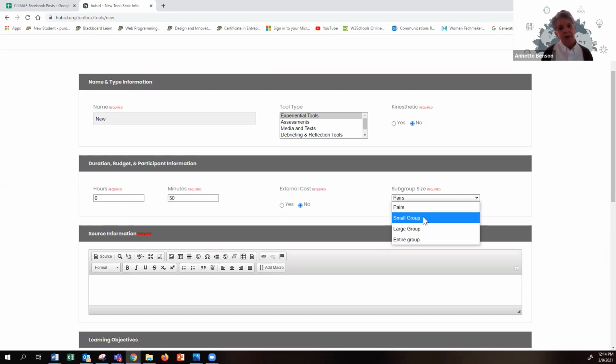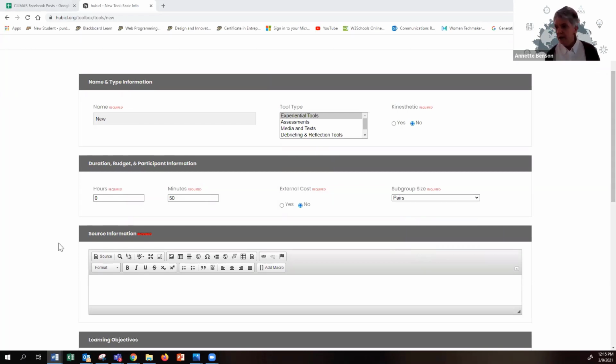A small group would be a group of 3 to 6. A large group would be 7 to 18 people. And an entire group, if you mark entire group, that means that you do not intend to divide the group into subgroups. So for our example, I'm going to leave it at pairs.